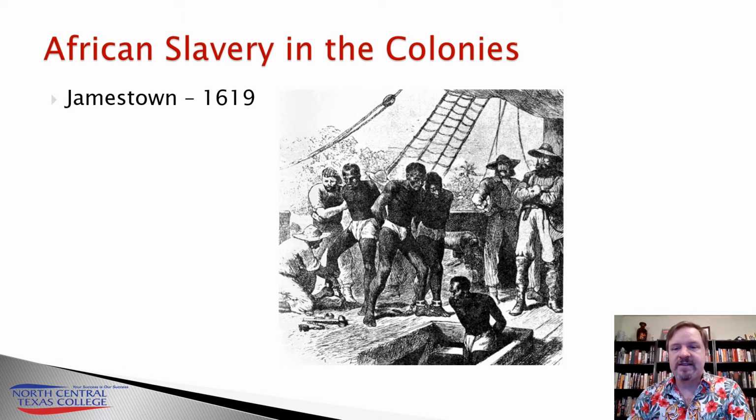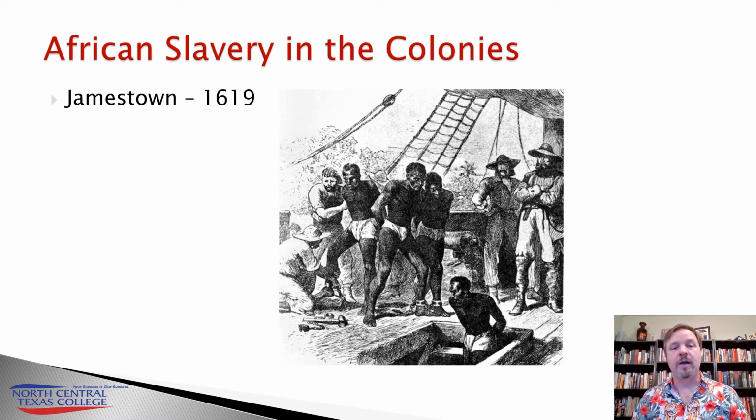So these first 20 slaves that got dropped off in Jamestown in 1619 were sold, but they weren't sold as slaves. They were actually sold as indentured servants because in Jamestown and in Virginia in general, there were no laws on slavery on the books. As a matter of fact, you won't have the first laws on the books in Virginia on slavery until 1654, almost 40 years later, that you're going to have slavery officially sanctioned.